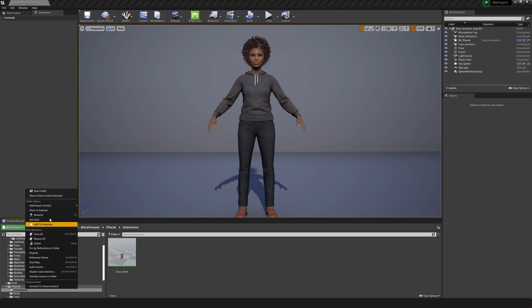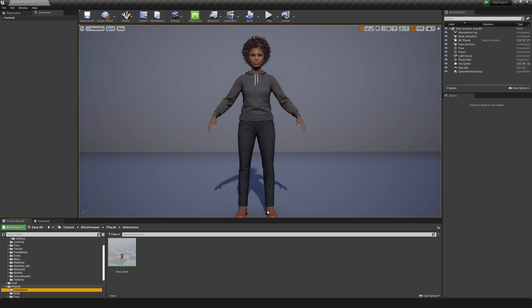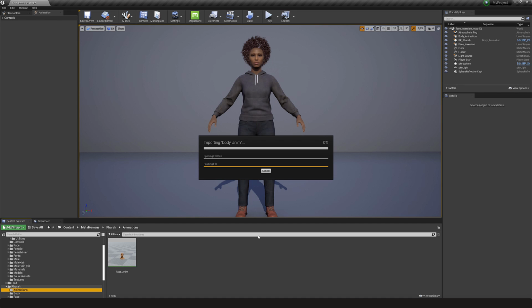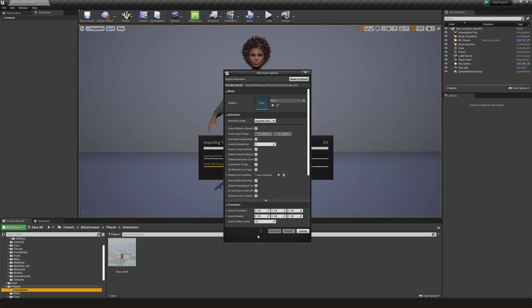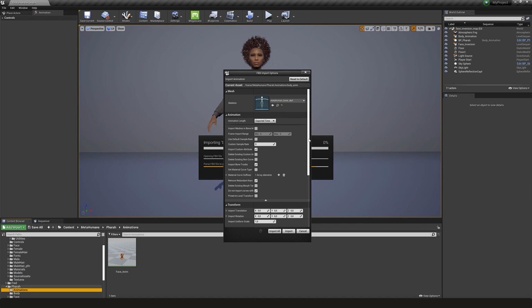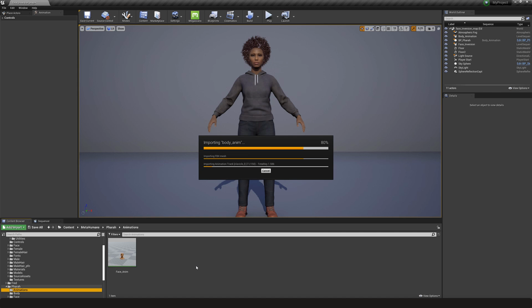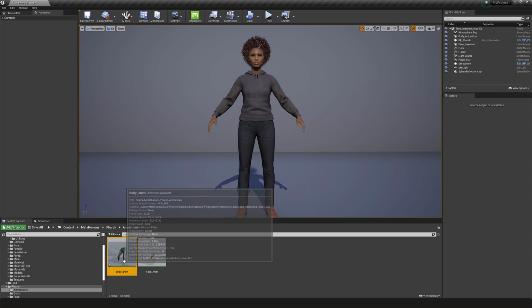In Engine, we will import the animation. Traditionally, it will take just a minute to show the import options dialog. In the skeleton, make sure that you select the MetaHuman base skeleton. We have 18 body types and they are different in proportions, but they are all inherited from the MetaHuman base skeleton.